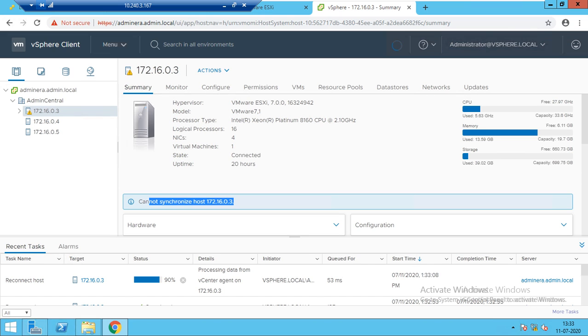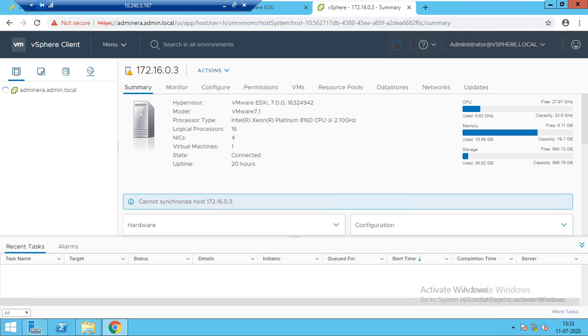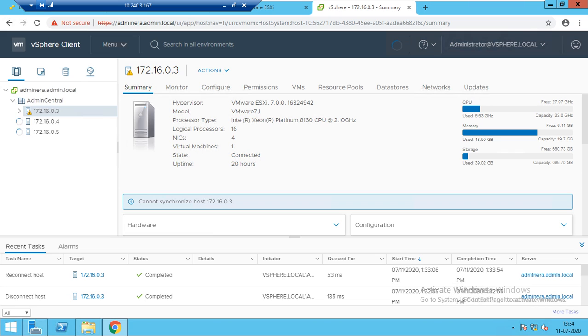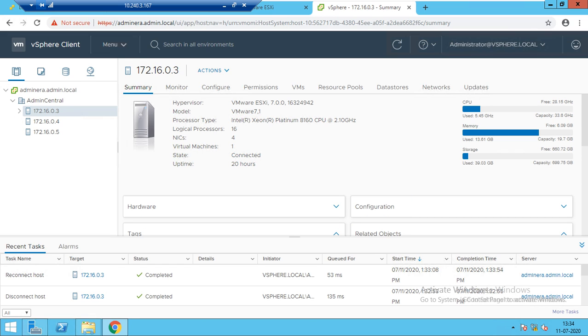You can see it is connected, and if I refresh it, the error will go automatically. See, error gone. So we have 3 ESXi hosts added to the data center.